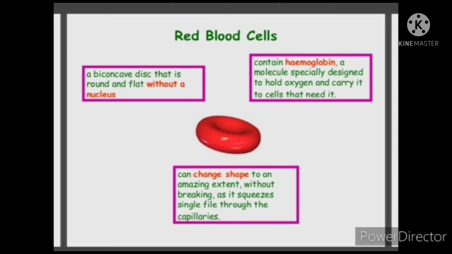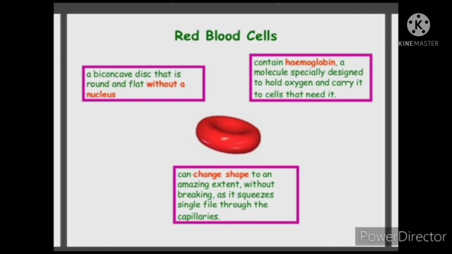Now when we talk about red blood cells, they are circular, biconcave. They are rich in an iron containing reddish pigment called hemoglobin. A healthy adult male has about 15 mg of hemoglobin per 100 ml of blood. And when we talk about females, 12 to 13 milligram per 100 ml is present.